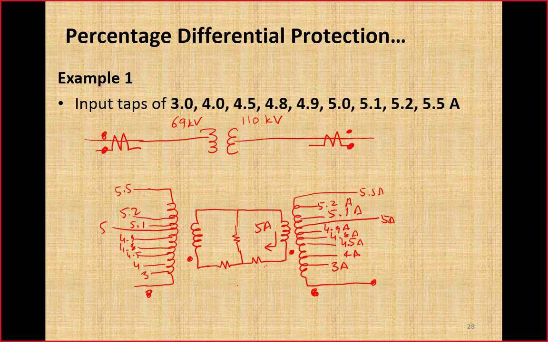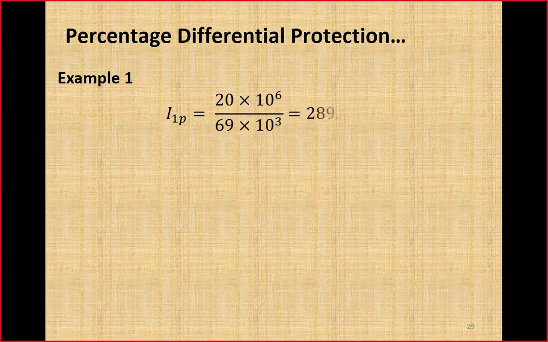Now we will use the tap setting in such a way that according to our requirement, the current that we get on the secondary side according to the CT ratio that we are going to select, we will make proper selection of the taps. So the meaning of these taps is the same on this side as we have described over here. If current is given according to this value, we get 5 ampere on the other side corresponding to these taps. We will come back here to complete the connection once we have done the calculation.